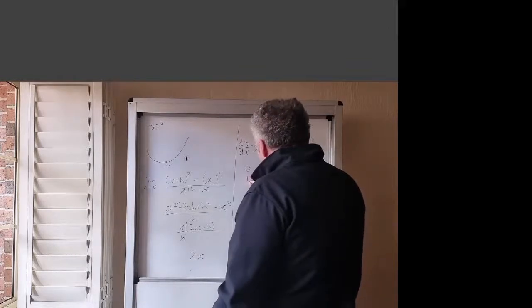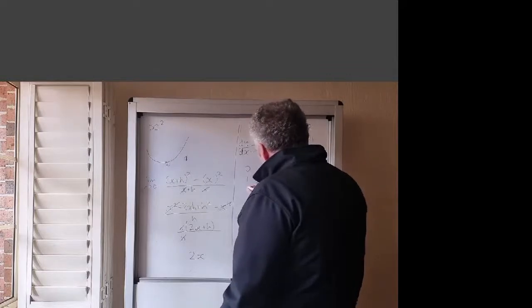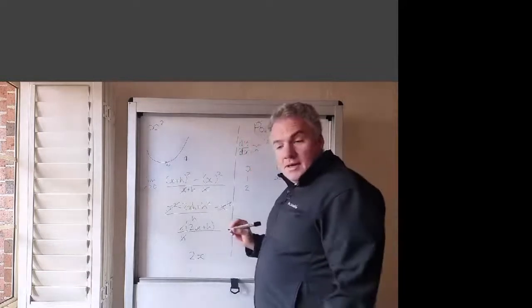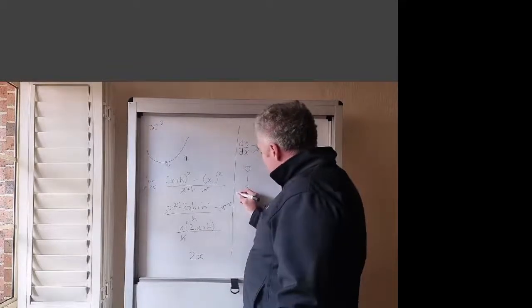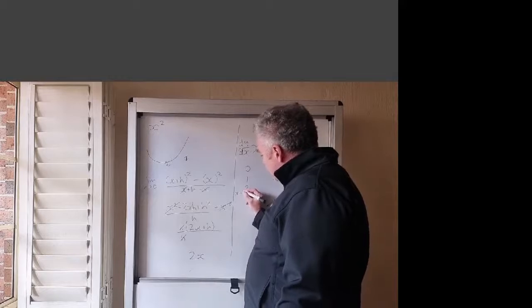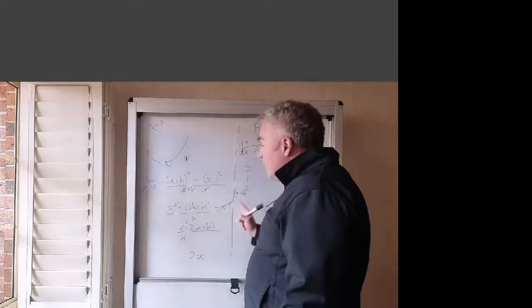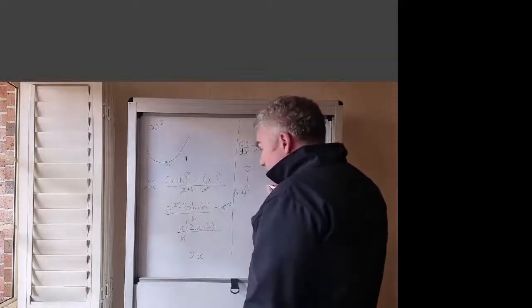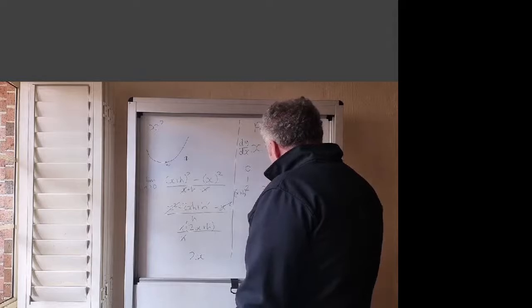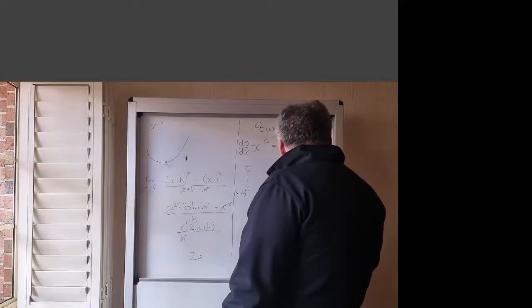Then 1, 1 is x plus h, and then 1, 2, 1, the expansion of x plus h to the power of 2, which is what we did here, gives you x squared plus 2xh